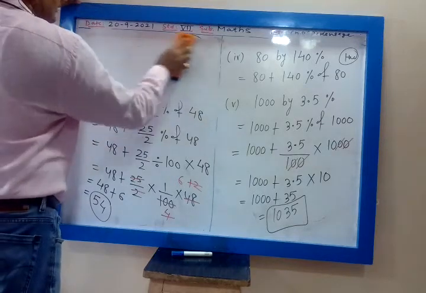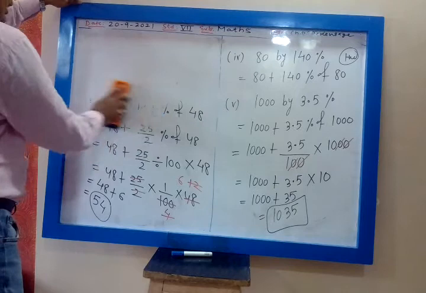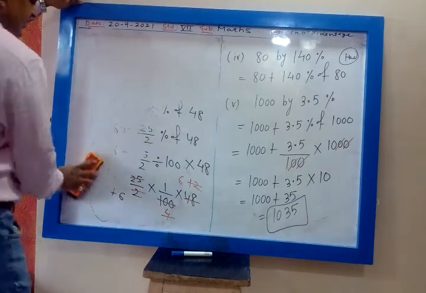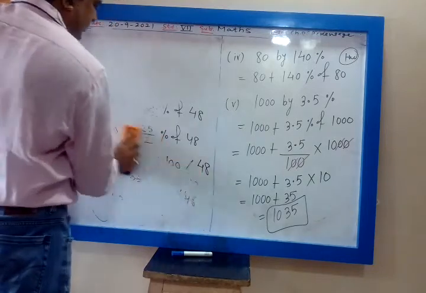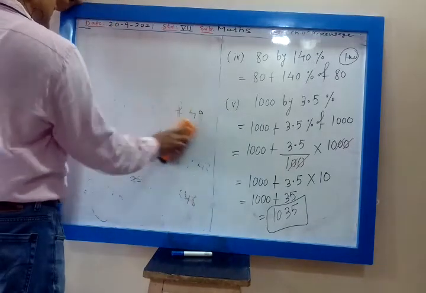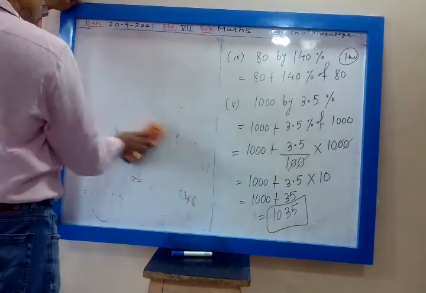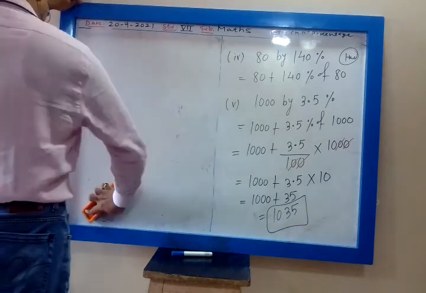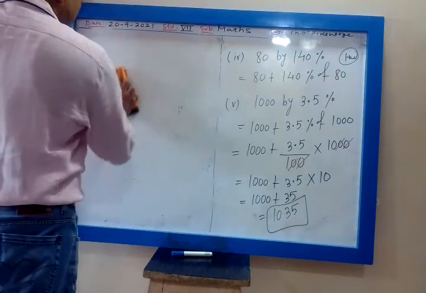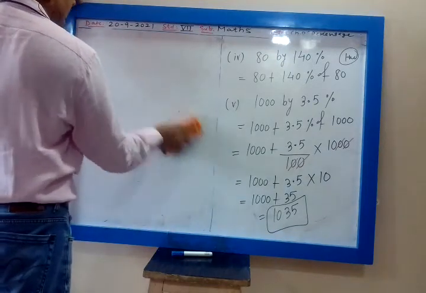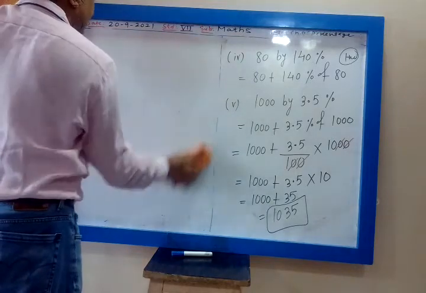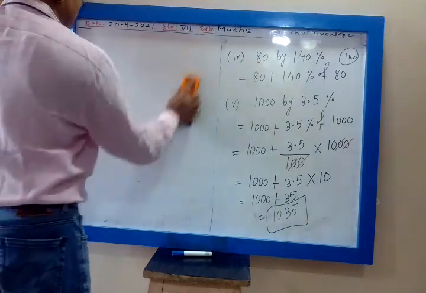For doubt clearing, integer we will clear the doubt in the revision. I will take 1 week complete revision. There you can clear the doubt. 1 week we will keep the revision for doubt clearing session only. Some 6 to 7 periods we will spend in the revision. Okay. So this was increase. Increase means plus.